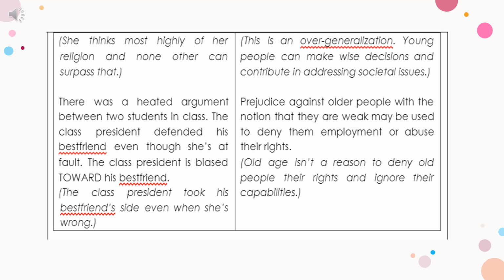So that statement presents prejudice, the prejudice against older people. I hope that having the three examples under each column has clarified your confusion about what biases and prejudices are. As we go on answering the activities, the more you will be enlightened about which statements are under biases and which are under prejudices.